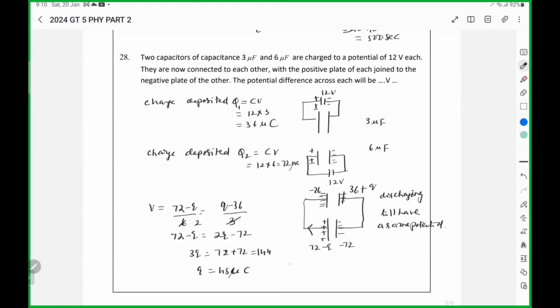Now, once this is till attaining the same potential, charge transfer took place. Now common potential across each will be the same thing. I will take,